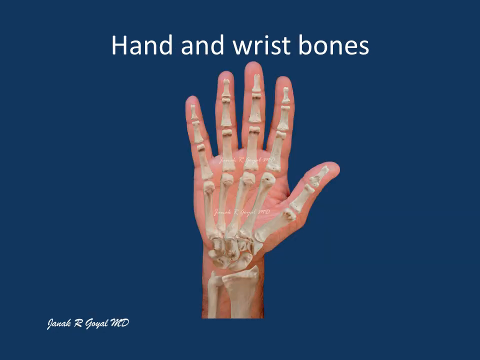The bones of hand and wrist include the lower end of radius and ulna, the 8 carpal bones, 5 metacarpal bones, and 14 phalanges. The 8 carpal bones are arranged in 2 rows from lateral to medial. The proximal row is made of scaphoid, lunate, triquetral, and pisiform, whereas the distal row is formed by the trapezium,